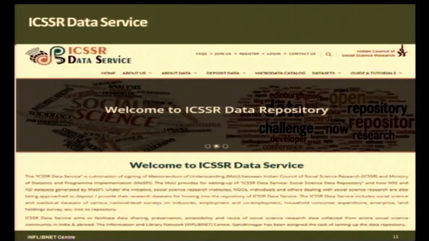So, all kinds of surveys that are available are published. Unit level data is published here. People can search that data, download that data and bring their own interpretation to the data. So, this repository allows people to